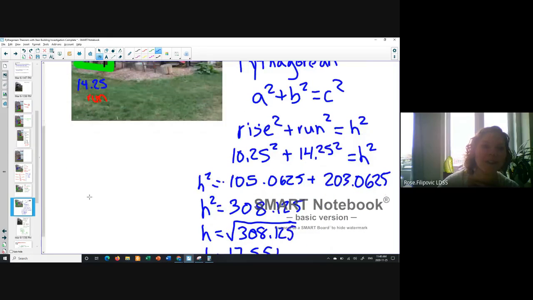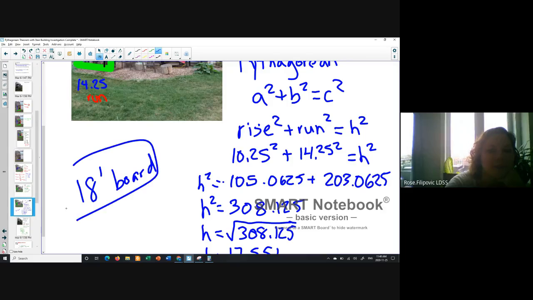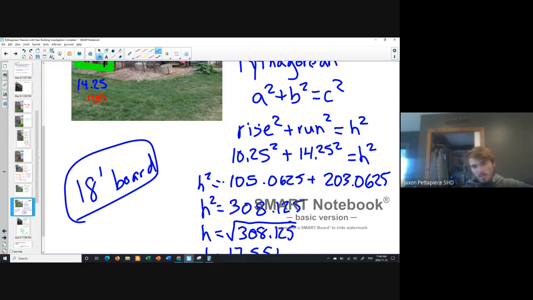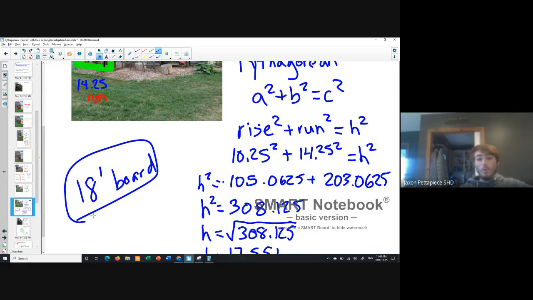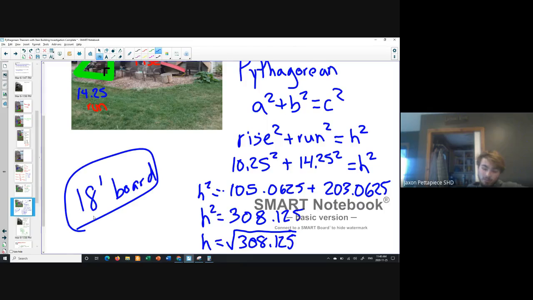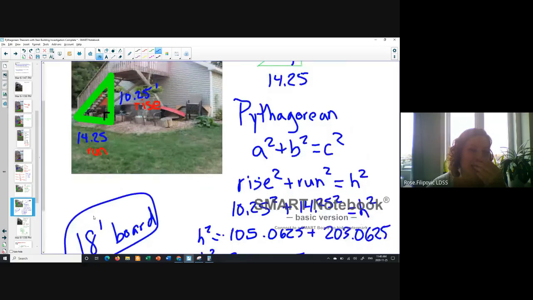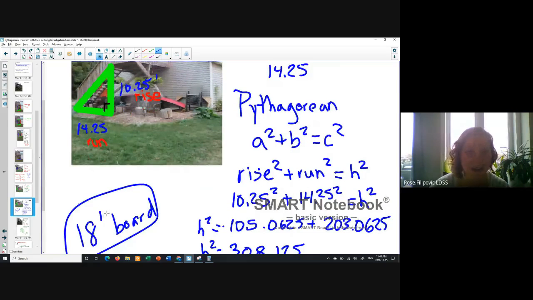So the ultimate goal is I told my dad he needs to buy an 18-foot board. But it should have been a 20? No, it was a 16 and it should have been an 18. Oh, okay, that's quite a bit of a difference. Yeah. So then my dad extended it further and said, okay, now that we have this board,